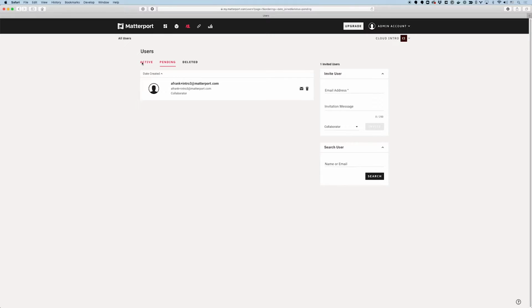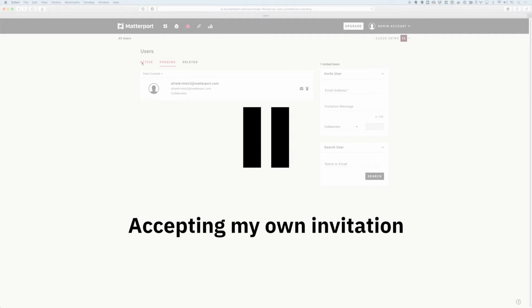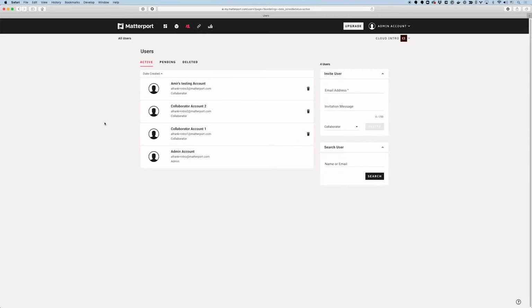I definitely don't want to share my credentials for another user to be able to access the account. Okay, so now I went ahead and accepted that invitation, and you can see that here I am in active collaborators now. Because I've invited myself this way, I'm not yet able to see anything. If I log in as this user, I'll just see a blank slate. I won't be able to see anything. So now what I need to do as an administrator is share those models or folders with this new collaborator.